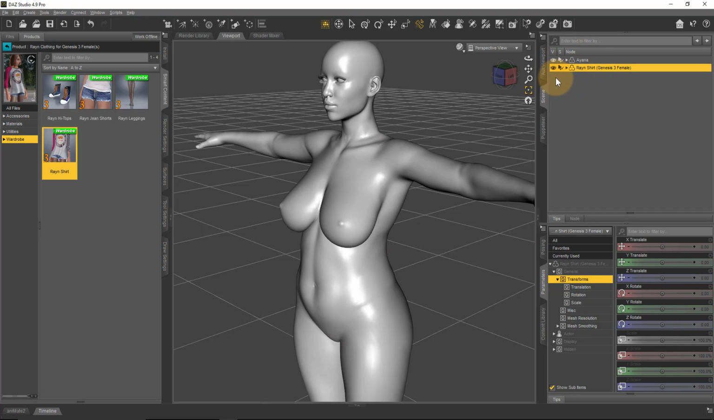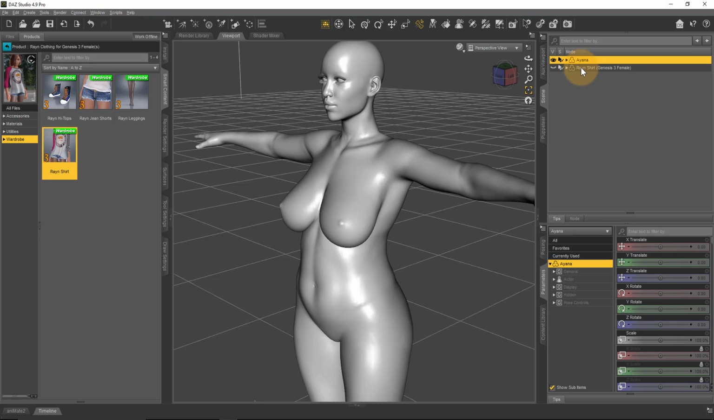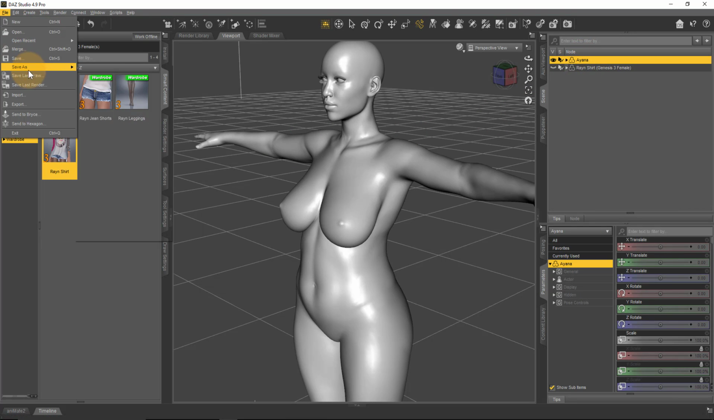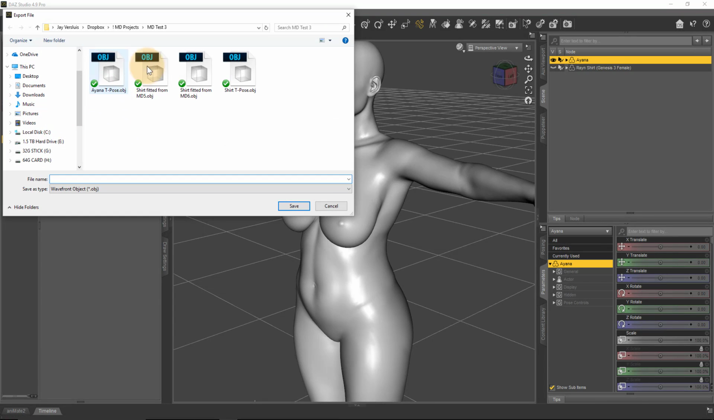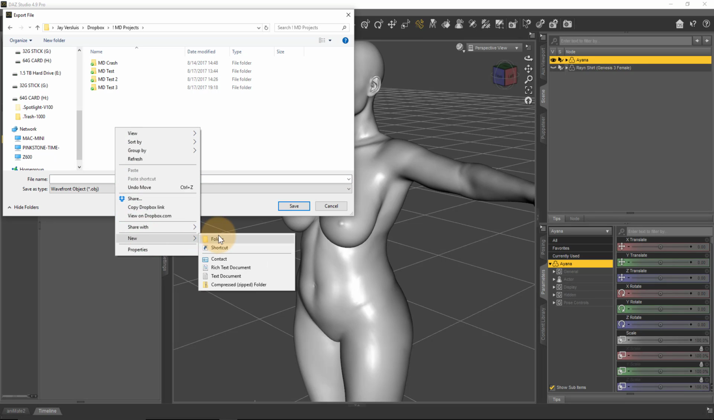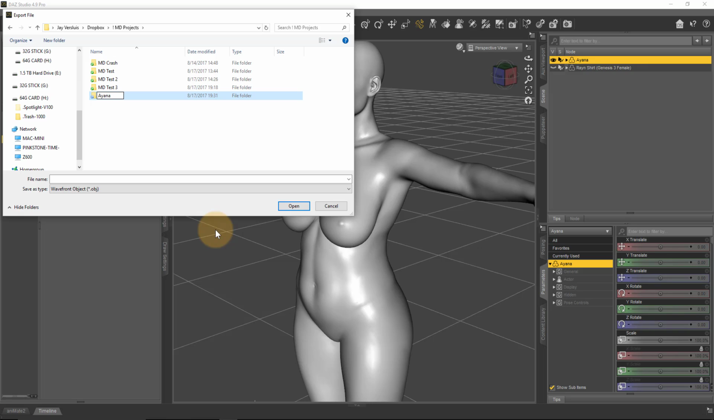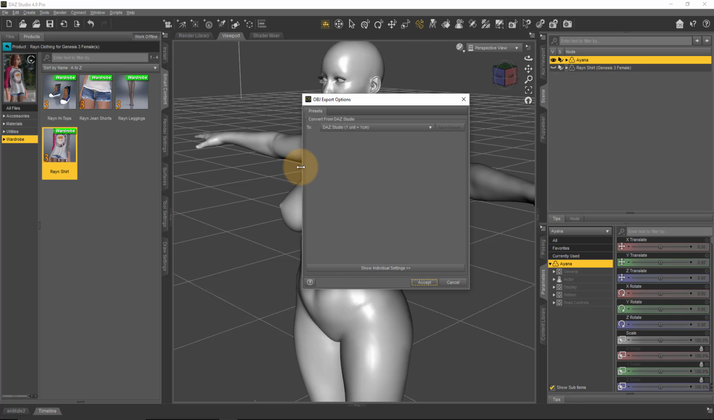And let's hide the shirt first. Let's select the avatar that we want and export her first so that we have that as an avatar to import into Marvelous Designer. So File, Export. I'll save this all in Dropbox and perhaps create a brand new folder for this. Call that Ayana Fit. And in it I'm going to call this Ayana T Pose. Exported with the standard DAZ Studio preset here, where 1 unit is 1 centimeter, because that works quite well with